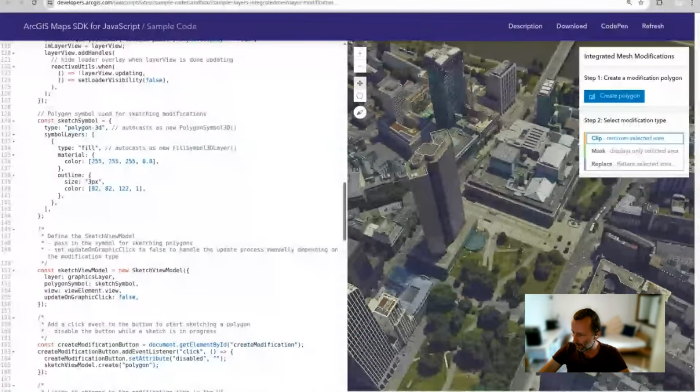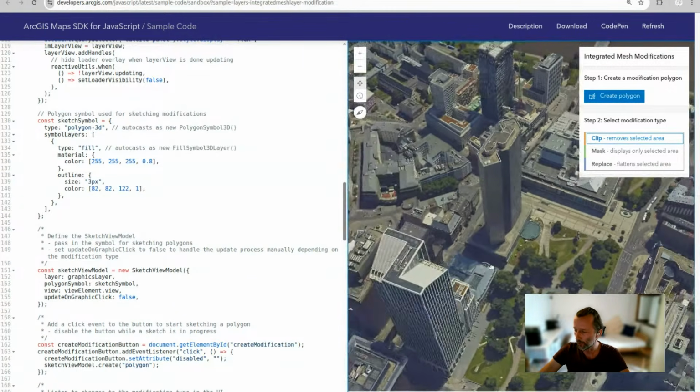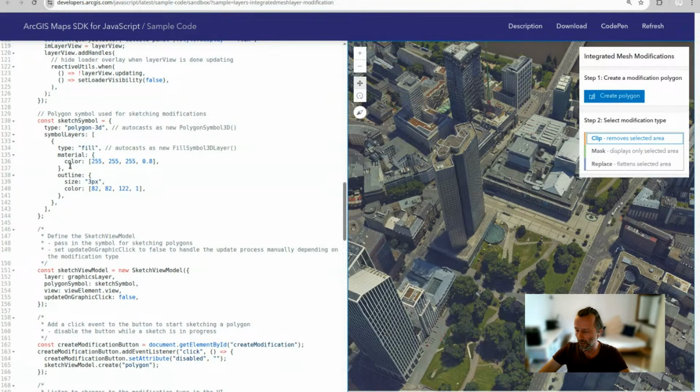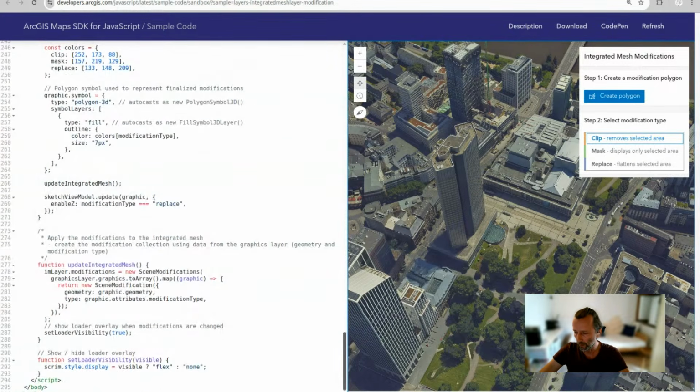Then here I'm just showing you the sample application to show you that you can also create these I3S modifications, with integrated mesh modifications, both I3S and 3D tiles, programmatically by using the sketch view model. So we define how the sketch symbol will look like, create the sketch view model, and then once the sketch view model updates, it will call this update integrated mesh method, which sets a new scene modification on our integrated